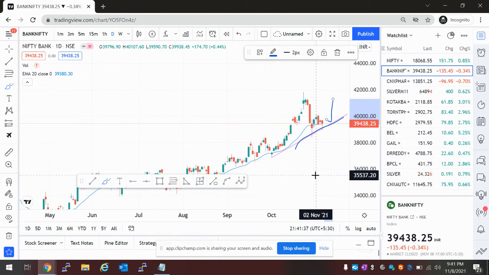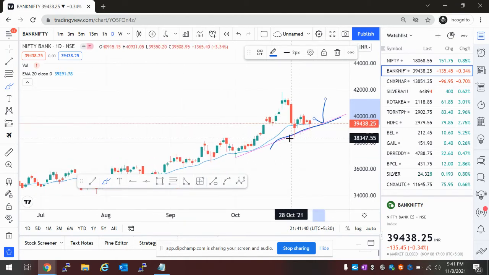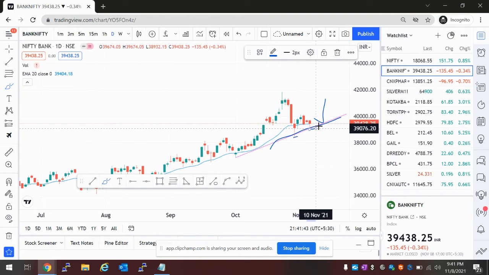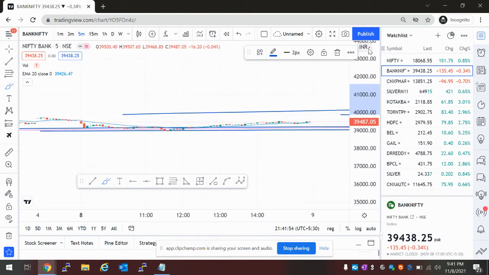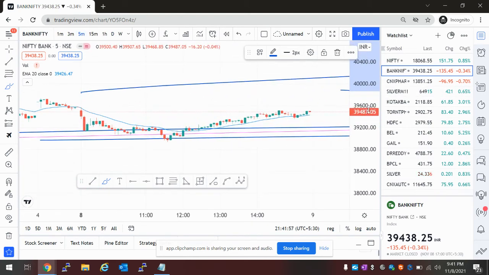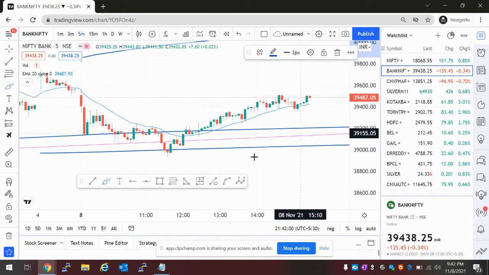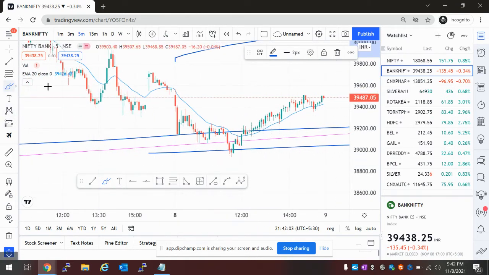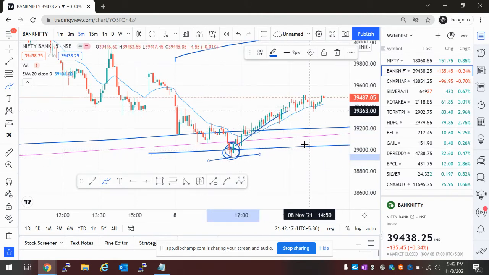Now in Bank Nifty, see, this was the previous low. Today it made this low. Again a low, it should go like this, come back and go. So this way it will go. If you go to 5 minutes, Bank Nifty is the best thing to trade. See, it is a good pattern. The buyers overtake the sellers, fully consume the red candle, and then you put your stop loss here and go for a buy. That's it.